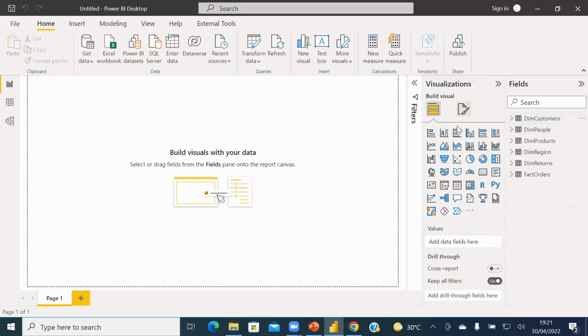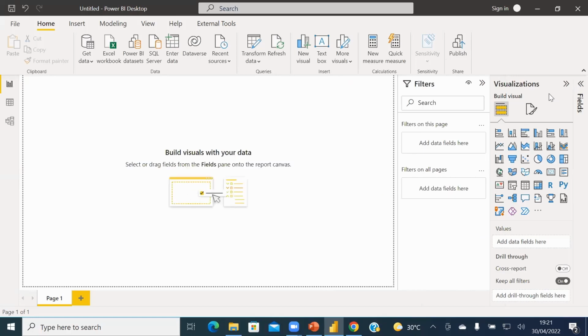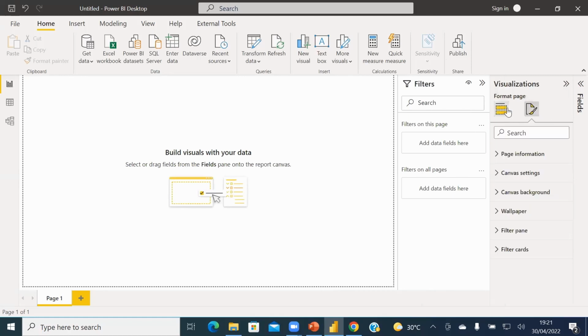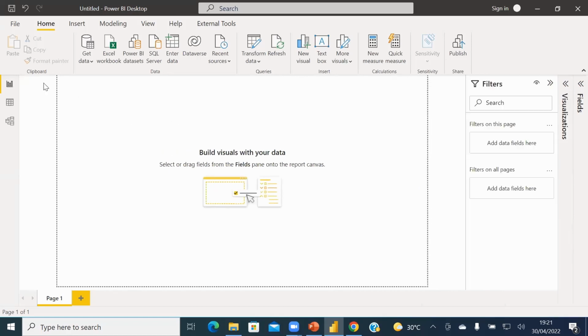You get that? Then the visualizations are the different types of graphs that you can use to present your data. Then these are the places you drop your measures. Then there's a filter pane where you can apply filters. So these three things are here, and this is the way they look. So if you already had Power BI installed on your laptop and it's not up to date, your visualization pane and format tabs may look a bit different. But if your Power BI is recent, you just installed it new, yours should also be looking like mine. Besides that, this is the reporting layer. I mentioned the reporting layer. This is what it looks like.